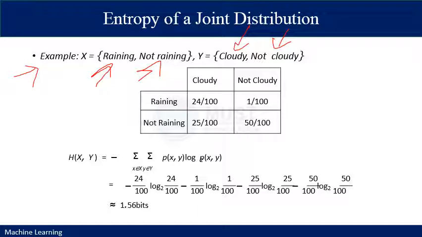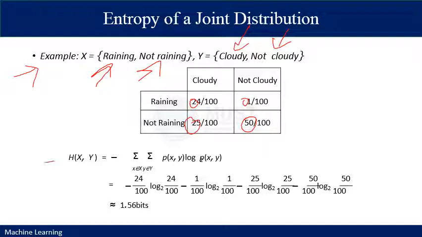So we have 100 measurements of our variable, and these are divided in the joint distribution. We have 24 occurrences of raining when it is cloudy and 25 occurrences of cloudiness and no rain. Instead, we had one occurrence of raining without the clouds and 50 occurrences of not raining when there were no clouds. So you calculate the joint distribution in the same manner as the entropy of a single